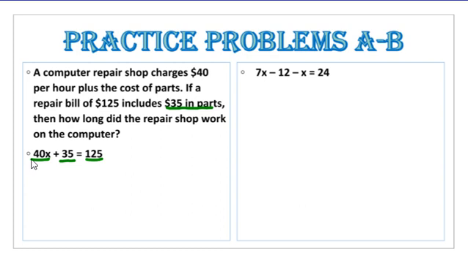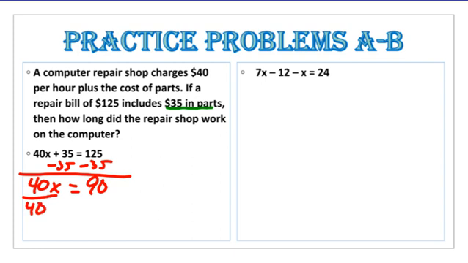So now we need to solve for our variable. So the opposite of adding 35 is subtracting 35. So if I do that on both sides, I end up with 40x equaling 125 minus 35 gives us 90. To get x completely by itself, you divide by 40. That leaves us with 1x. Divide by 40 here. 90 divided by 40 gives us